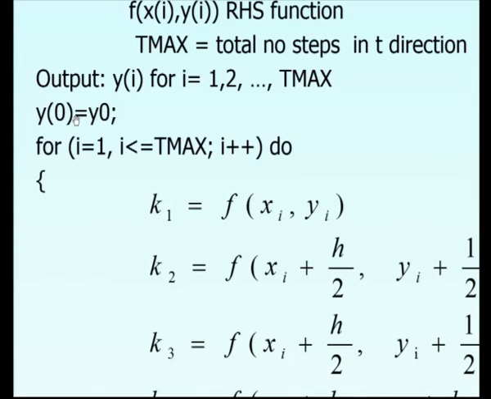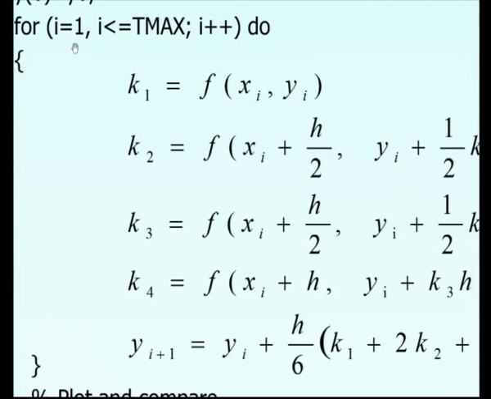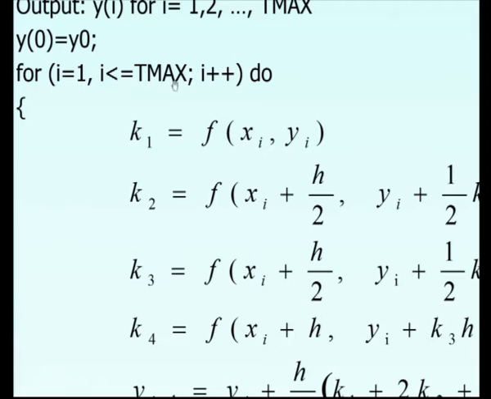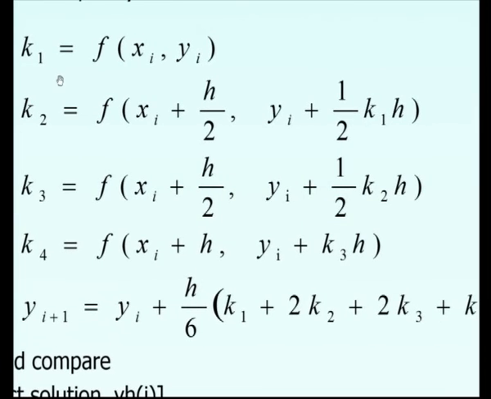Once again, the algorithm: y at 0 is assigned as the initial value, and this is the main algorithm. For i from the first time step to the maximum T max, with i incremented, you compute k1, the function value at x_i, y_i, that is the function value at the previous nodal values, and k2